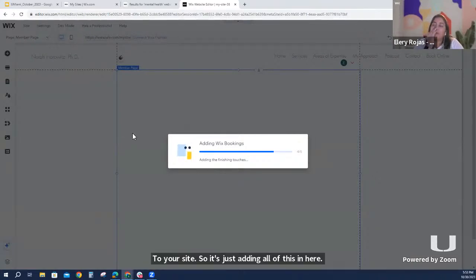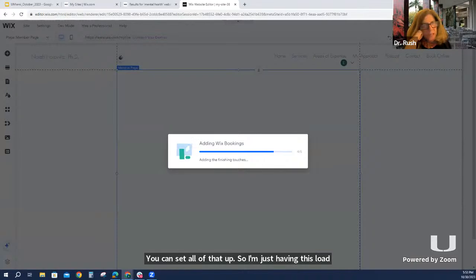Now this is going to be the bookings section. Again, it adds a calendar for you. If you had, like, three different, this is an example of a therapist. If you had three different therapists, you can add their schedule, their time blocks, and your visitor will be able to choose that person. You can set all of that up. So I'm just having this load. Sorry, my computer's been slow today.